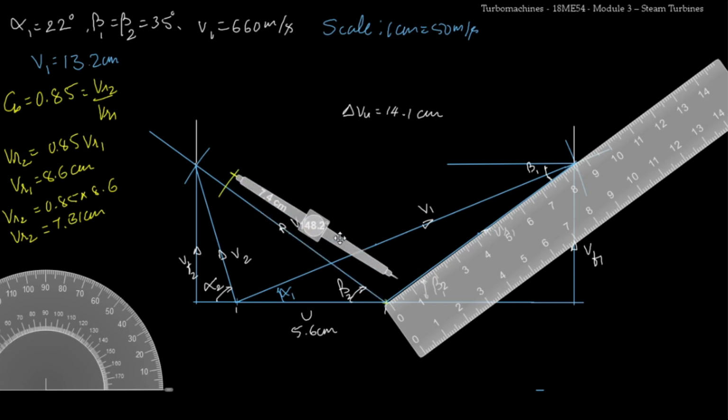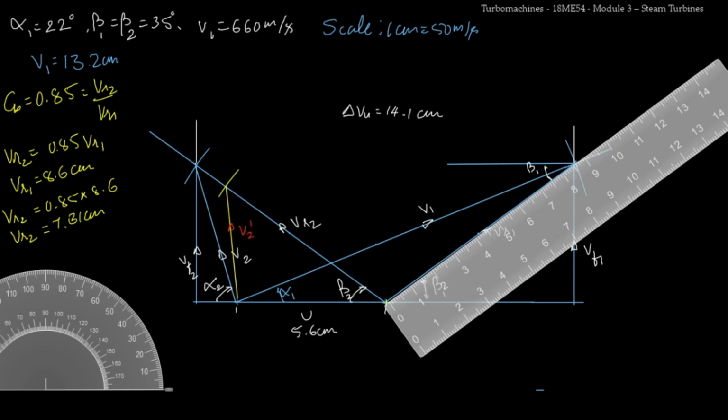So where this arc cuts the VR2 line, from there I'll just join this with U. This is our new V2. So I'll call this as V2 dash,